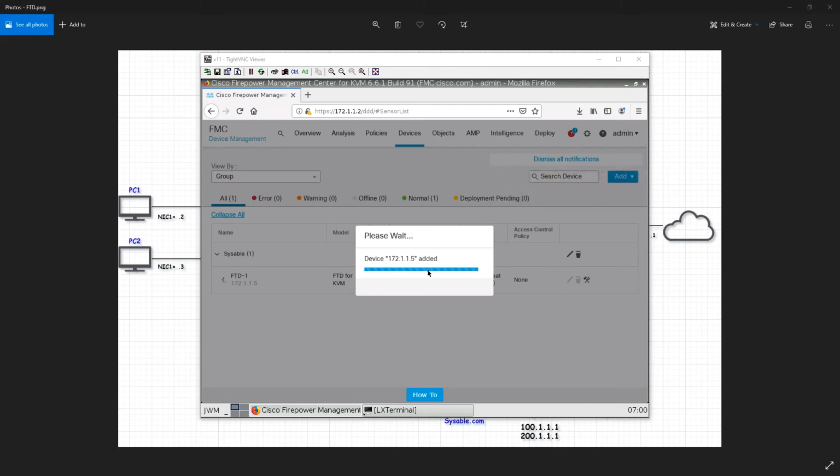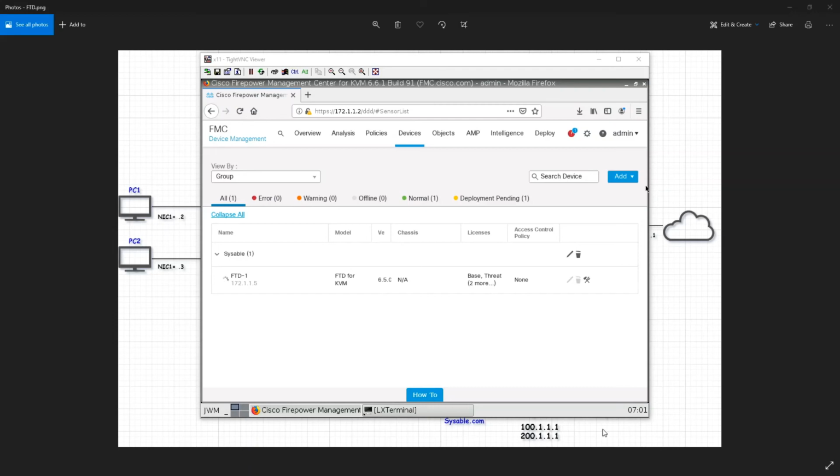See that the device has been added, and discovery is in process now. The device has been added, but I'm still unable to edit anything on it.